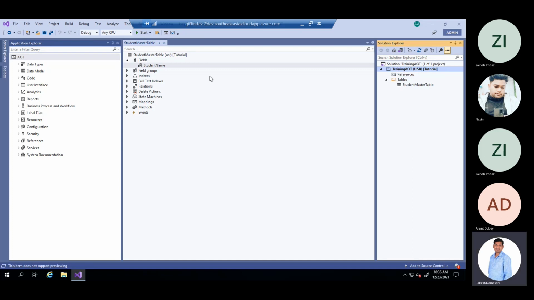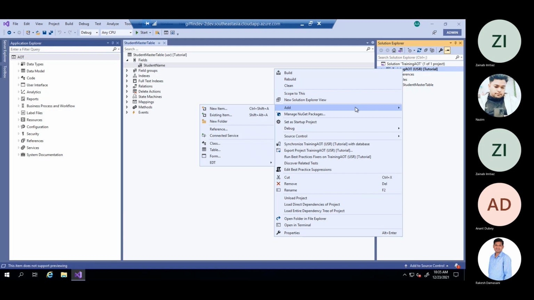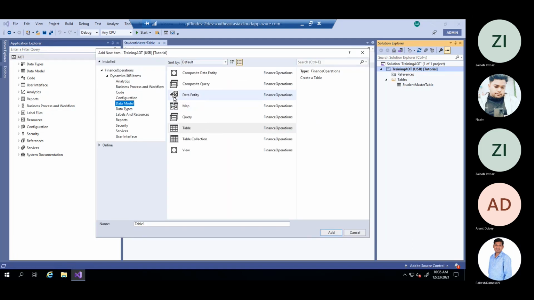Okay, we have created a single field, student name, and we will create a new form with the same name. Again, go to add new item. I have to create a form.